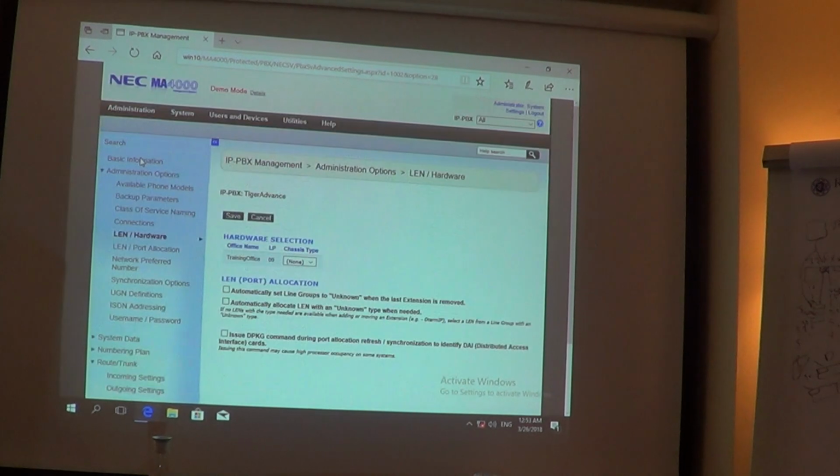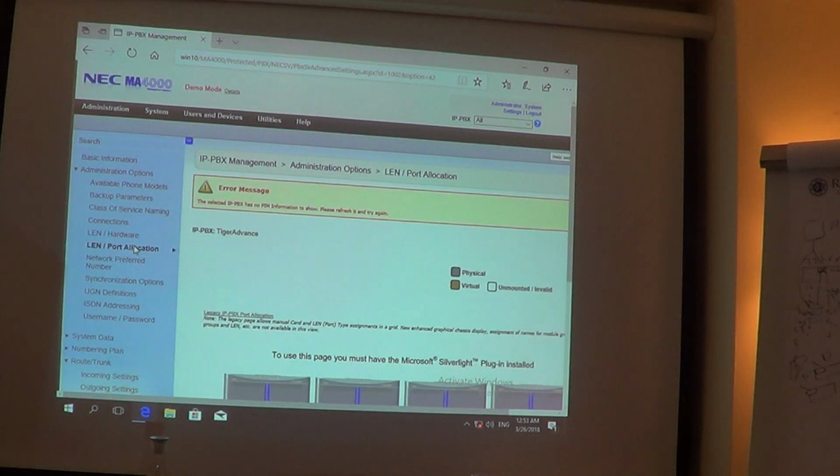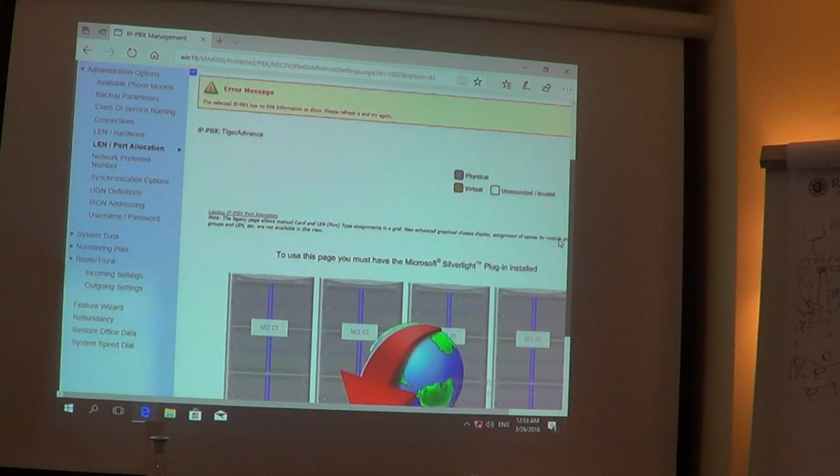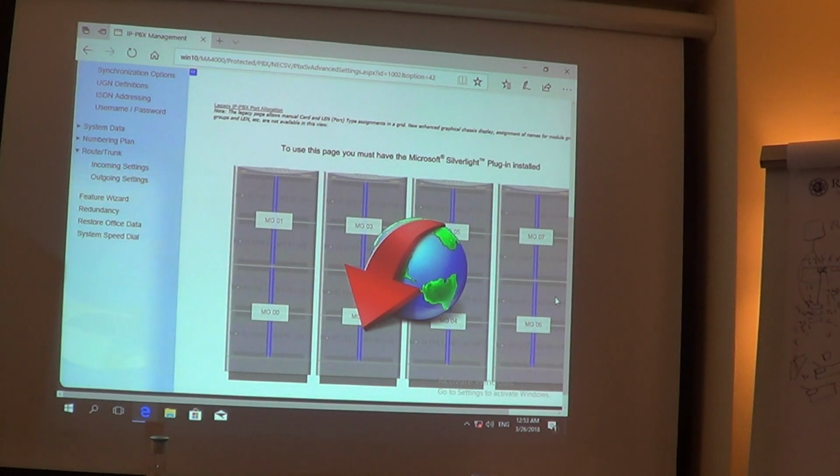Also, I can see available here my cabinet. I have a flash component, double click here, and you can see how you arrange your shelf. No need to have an Excel sheet, no need to figure anything. Also,